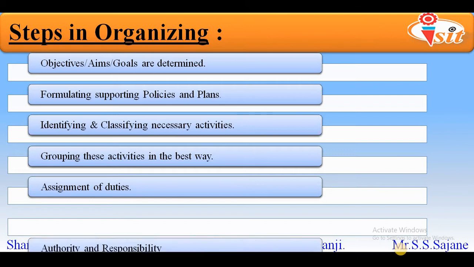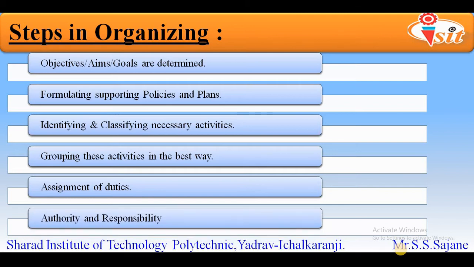The last step in organizing is defining the authority and responsibility. Any organization will never work without the clear-cut identification of authority and responsibility. For performing the duty, authority is very important, and on the other hand, for completing the function, responsibility is also a must. When the vertical and horizontal structure of authority and responsibility is final, then the assigned duties will be completed